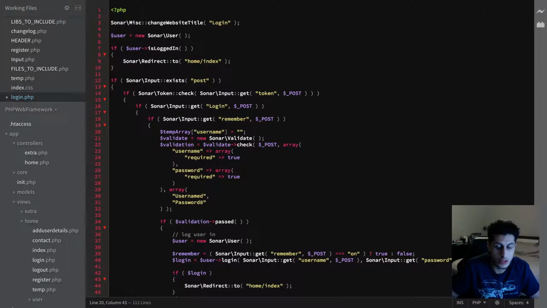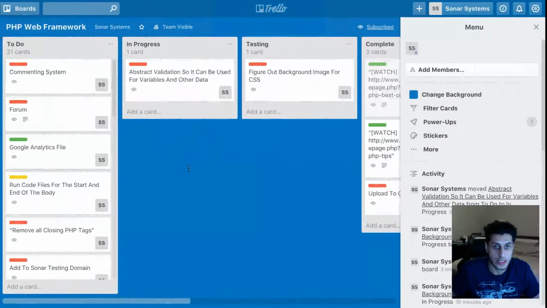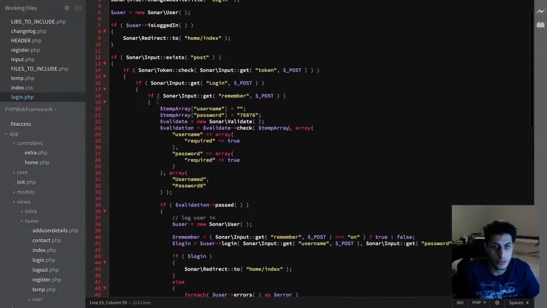Equals nothing, and for the password I'm going to set it to some value. Now if I plump this into here, what my theory is, if I were to